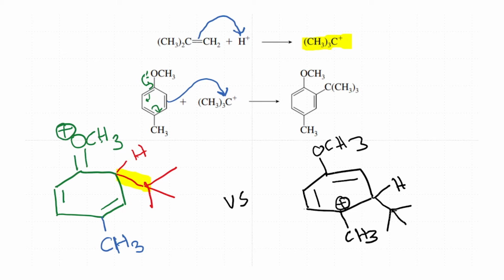This is one choice. And the other choice is the reaction of this double bond with the same tertiary butyl carbocation, which results in the formation of this intermediate. Now, if I have to compare the stability between this intermediate and this intermediate, clearly this one is more stable than